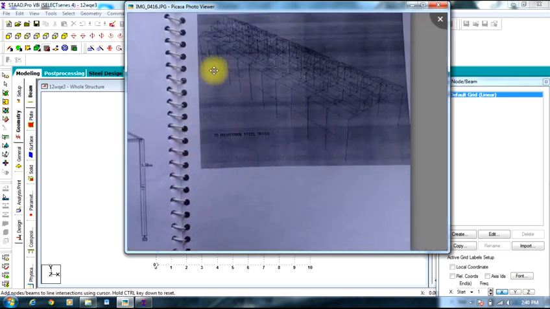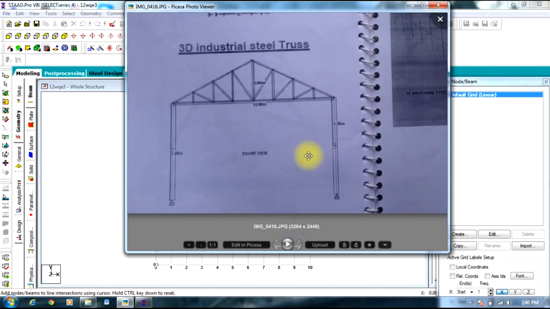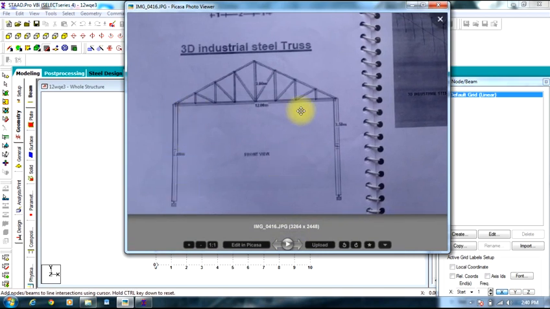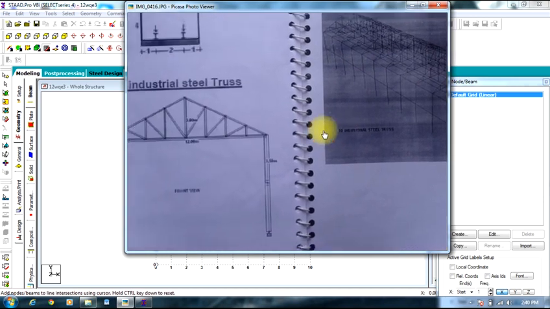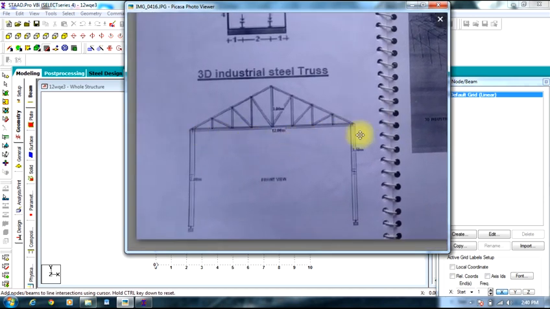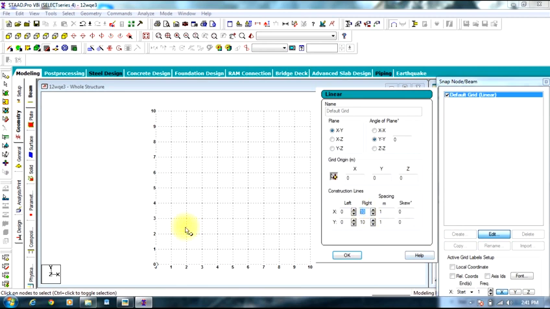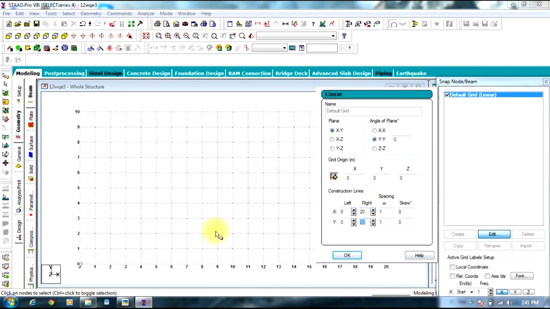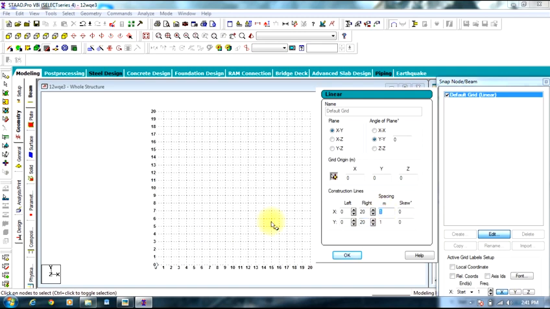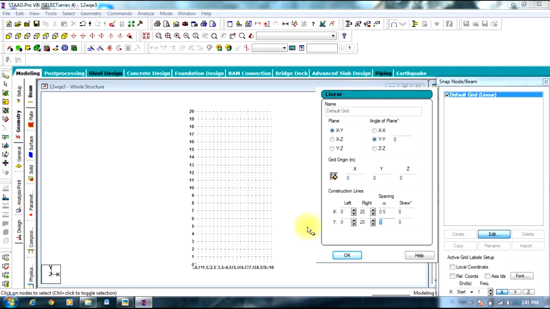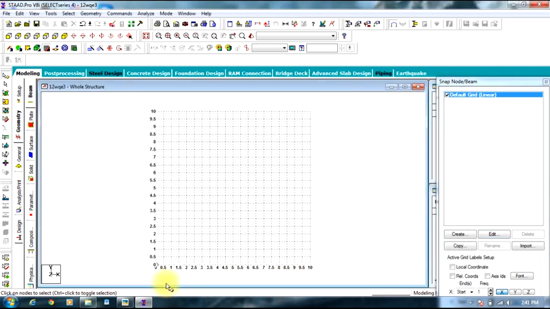You can see there is a beam here, and there will be an angular section here. So first, we will be converting this to 20 by 20, then 0.5 by 0.5 spacing, and